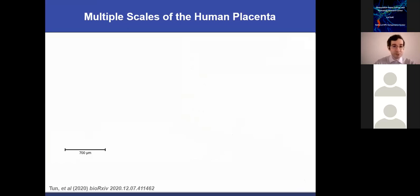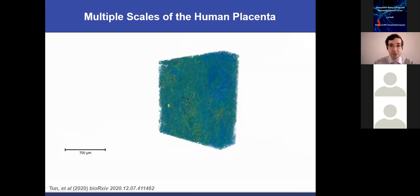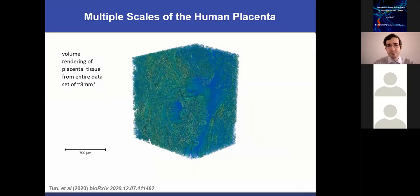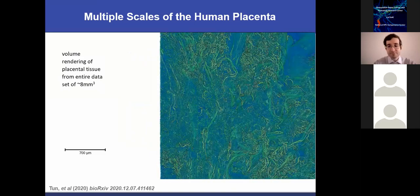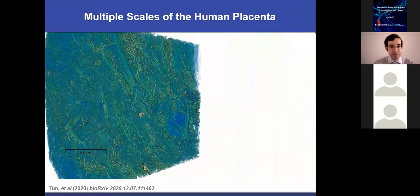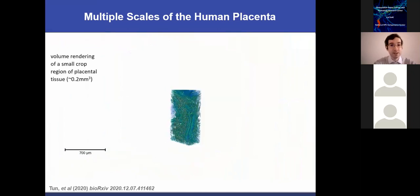So I will show you a movie where you can see a reasonably large sample, certainly for tissue standards, about 8 millimeters cubed. And you can appreciate that it's immensely complex. It has different types of vasculature, multiple domains. And what you'll see as we zoom in in a few moments is that we can start decomposing these domains into the maternal, fetal domains and the interface. So we take a small region,